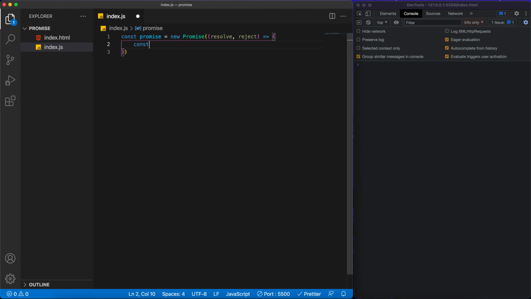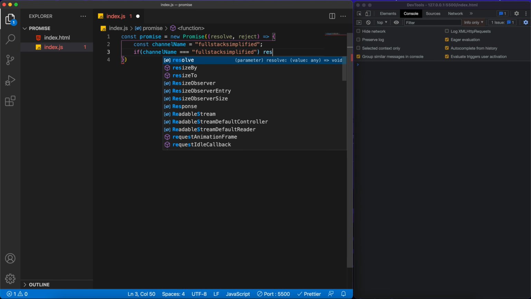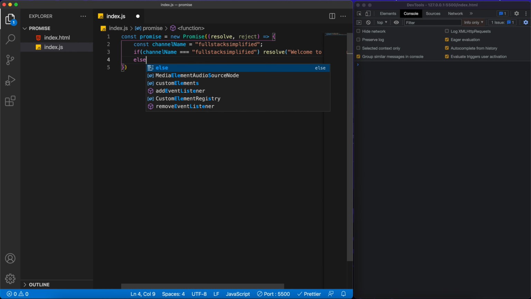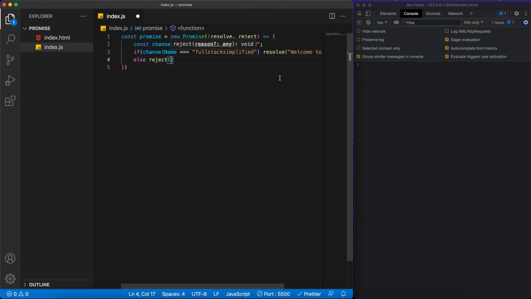So let us say we have a variable named channel name, which is equal to Full Stack Simplified, and we're going to check if this channel name is equal to Full Stack Simplified. Then we are simply going to resolve this promise, and in this resolve method we can basically pass anything, but here let us pass a simple message saying welcome to the channel, and else if the channel name is something else, I'm going to reject the promise, and in this reject method I'm going to simply pass a message of